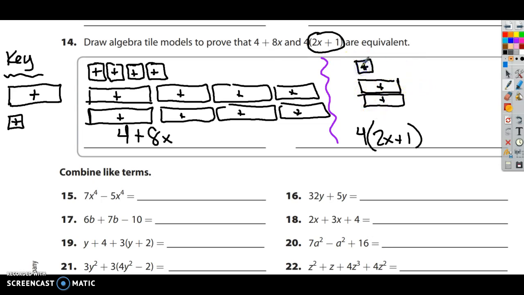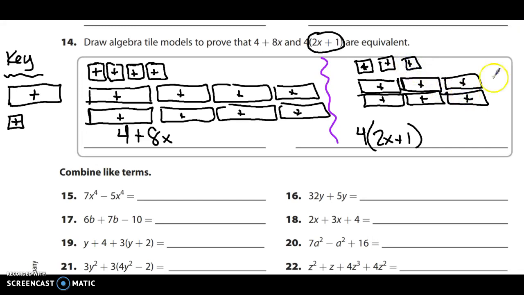And then the pictures don't look the same right now. Just remember that the 4 outside the parentheses means you need to do this times 4. So if I do this picture times 4, then I need another one of these pictures. 1, 2, and 1. And another one. 1, 2, and 1. And then one more. 1, 2, and 1. So now if you just count them up, you've got 1, 2, 3, 4 of the